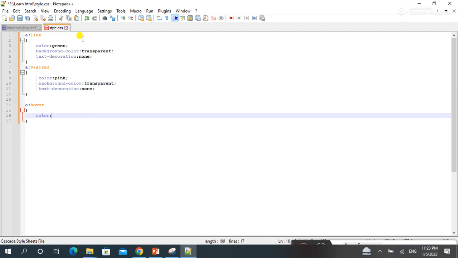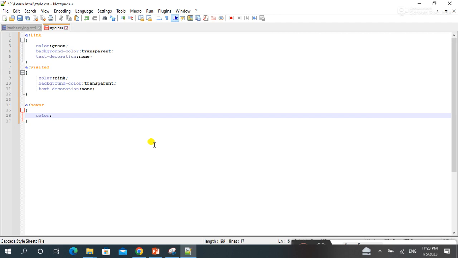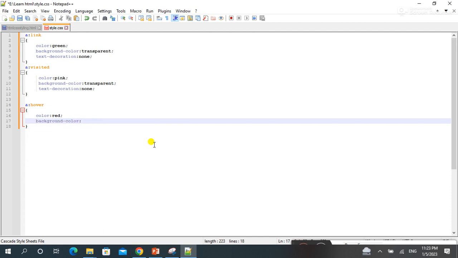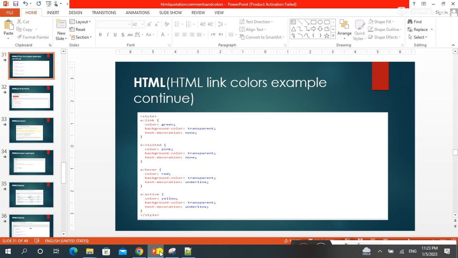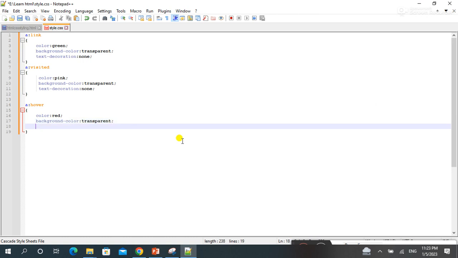That has color, that is by default red, background color, that is transparent, text decoration, that is none,